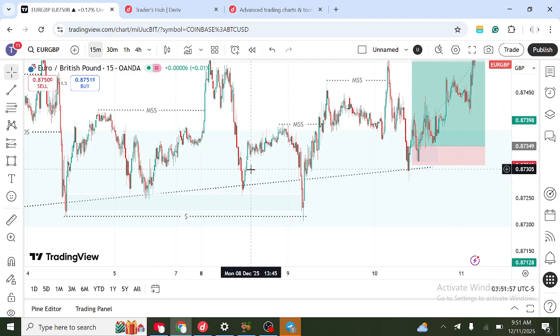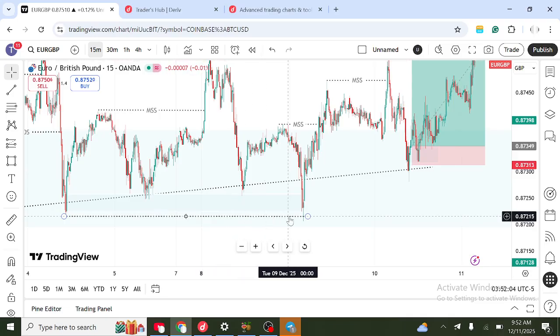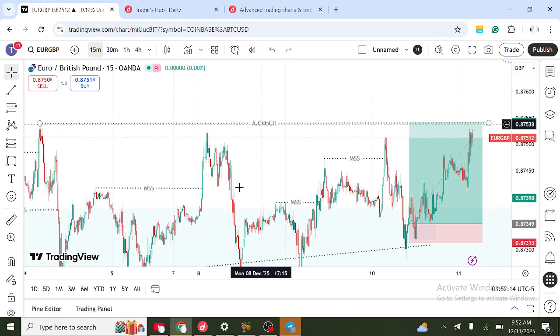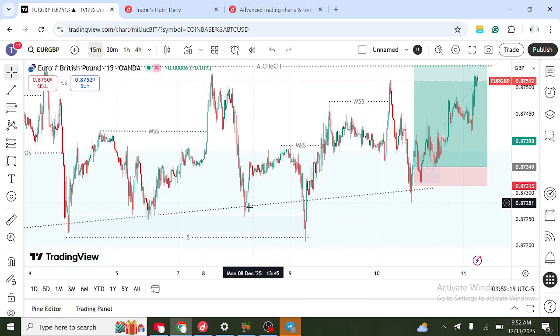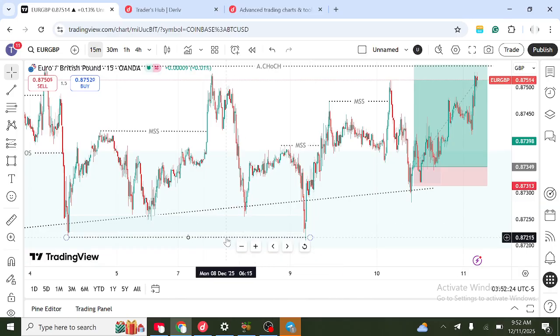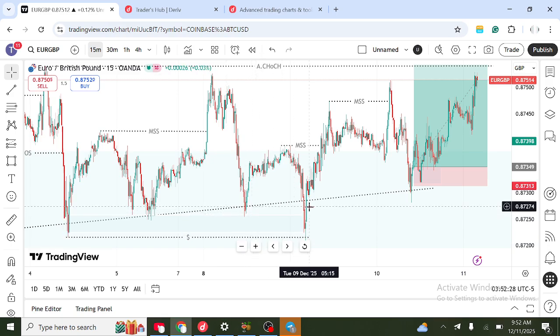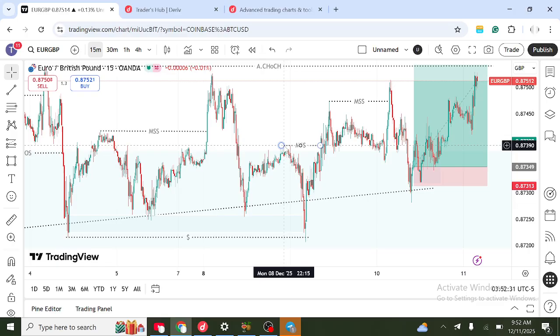Our swing level is the overall level where we are expecting that if price breaks this level here, it is going to be a break of structure. So any other break of structure that happens in between this swing low and this swing high will be called internal. So this is an internal break of structure. While we're waiting for price to close below this swing low, we have an internal break of structure here. All right, and when this high was taken out,